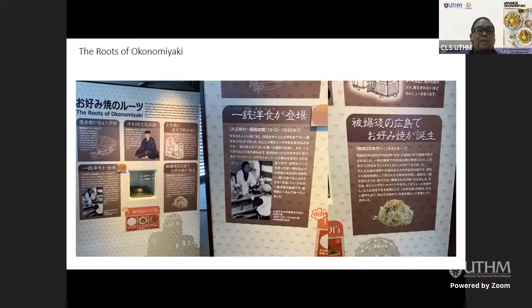However, what happened after the World War, on 6 August 1945, after the bombing of Hiroshima, the first ever atomic bomb dropped, the city changed. The city of Hiroshima changed a lot. The people didn't know how to survive after that, after the area in Hiroshima had been flattened by the bomb.